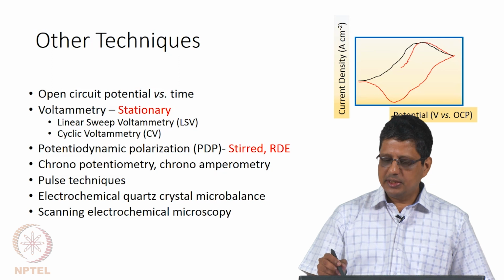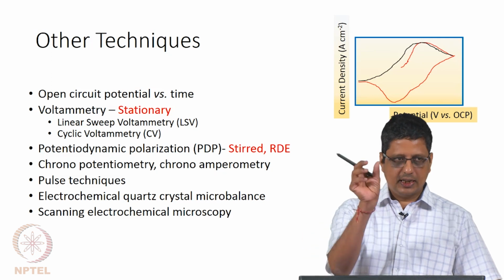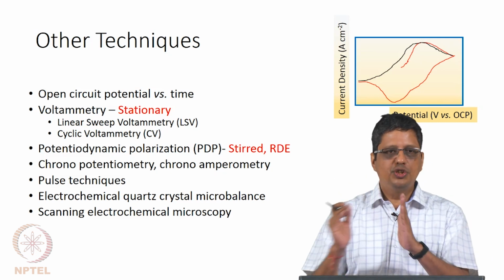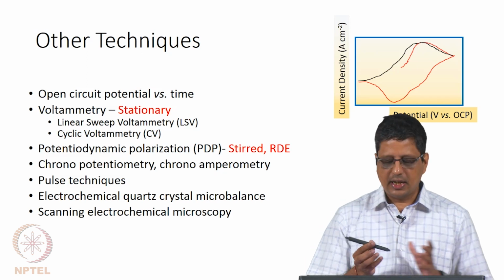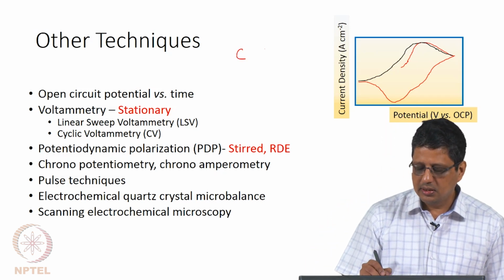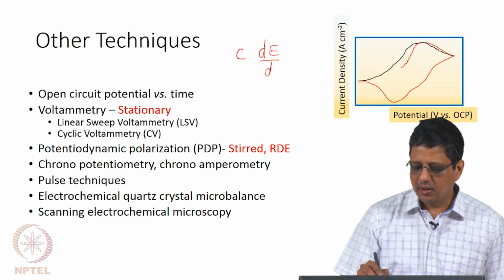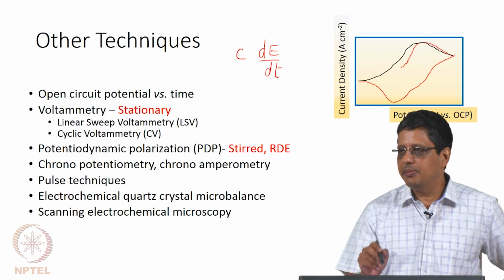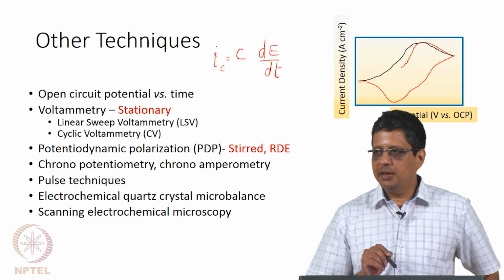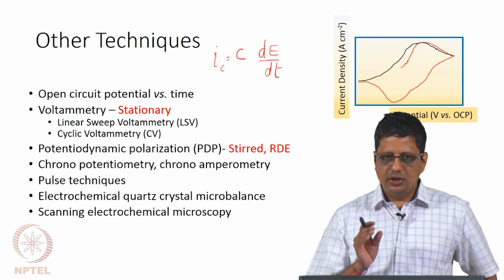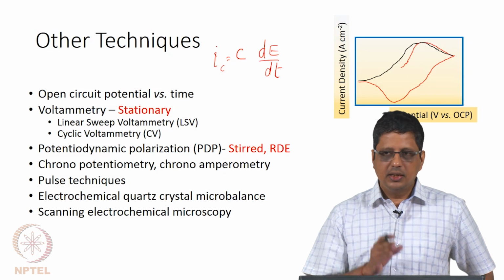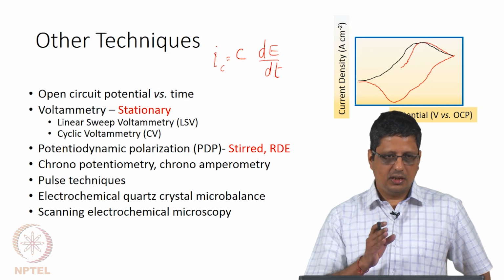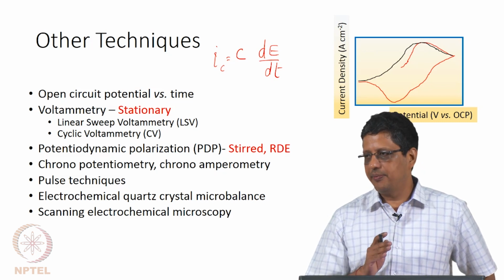In cyclic voltammetry, what happens is you have potential changing quickly with time. The capacitor, the double layer capacitor, will also contribute to the current. You have capacitance, you change the potential quickly, the current in a capacitor is going to be given by this function. So, if potential changes quickly with time, the dE by dt is a large number. So, this will become perhaps a significant number. Total current is due to the reaction plus this capacitance. The reaction may be kinetics limited, it may be diffusion limited, depending on how fast the kinetics are, or how slow or how fast the diffusion is.